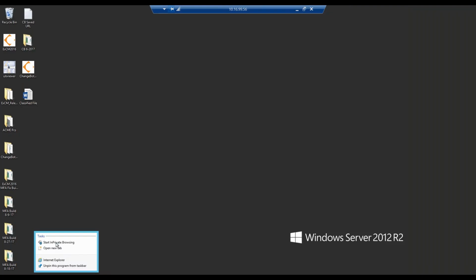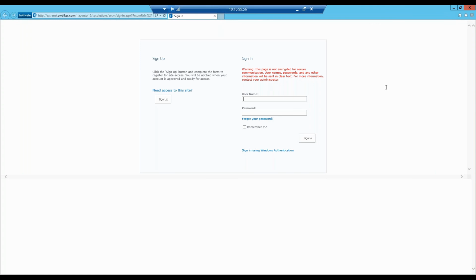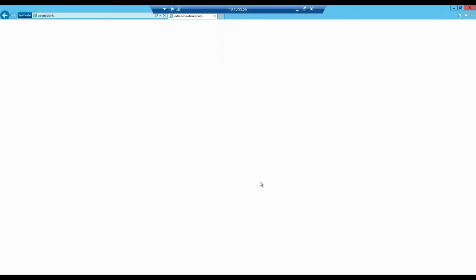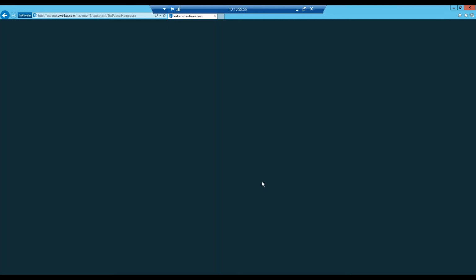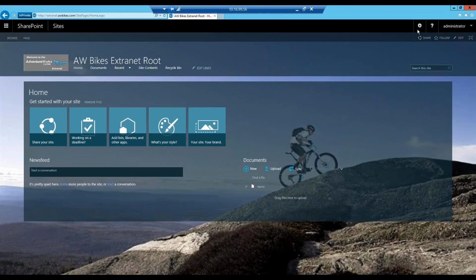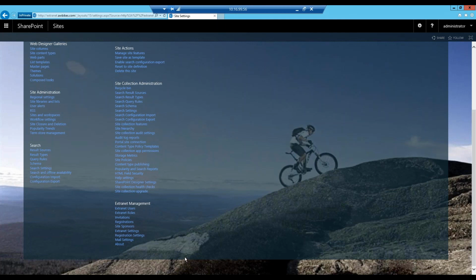Let's go ahead and go to our Start in Private. Let's go back to AW Bytes, our root site. We'll log in as an administrator. Okay, so we've logged in as administrator, no problem. Let's go up to our gear icon here, Site Settings. You'll see in the drop down here that we have an extranet management, which is part of the Exeamor tool that we have. We'll go to our extranet users,